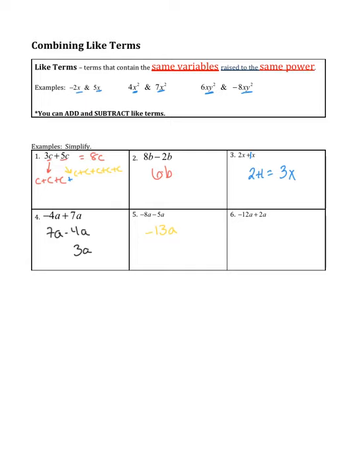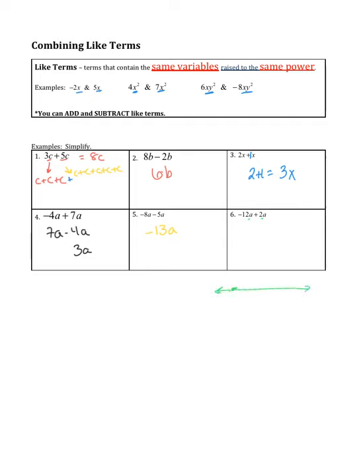Last one, and we're going to do this one there. Negative 12a plus 2. They are both a's. I can do this. Negative 12 plus 2. Well, I've told you different ways, and let me tell you a third way. Put a number line in your head. When you go in the negative direction, you're going to the left. When you're adding a positive, you're going to the right. So if I've got my little number line here,